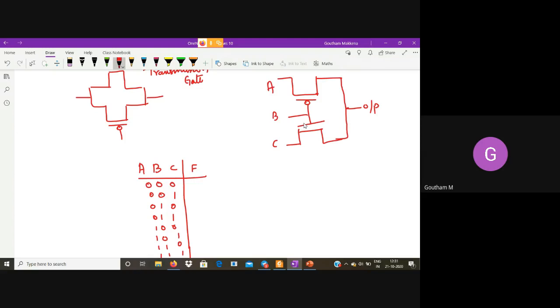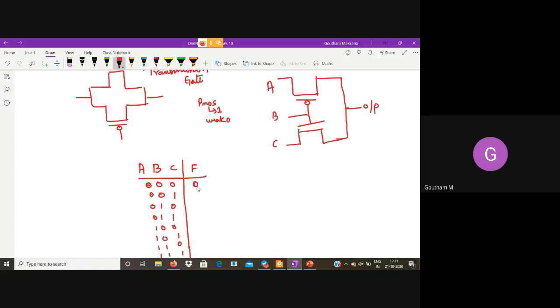When the gate is 0, PMOS is on, so NMOS is cut off. Now PMOS passes a strong 1 but a weak 0. We know that. So it is passing 0, but NMOS is cut off totally because B is 0. PMOS is on, but it is passing a weak 0.